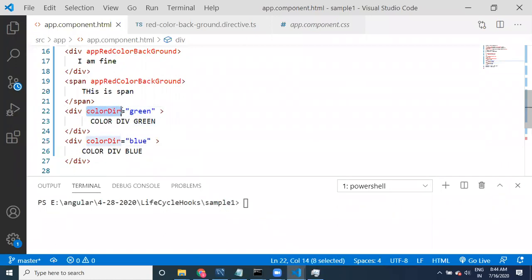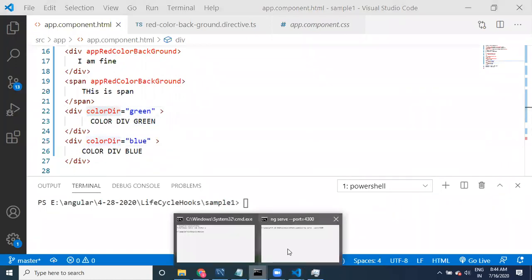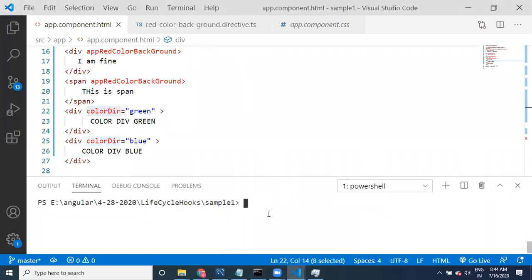To develop this kind of custom directive, first let us go to the terminal and run ng generate directive color directive. I'm going to remove this for now.